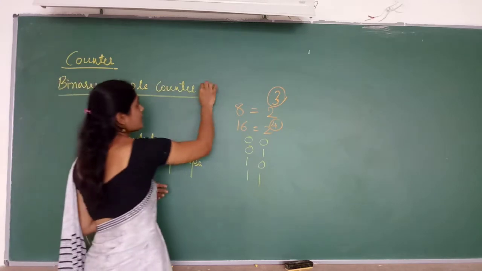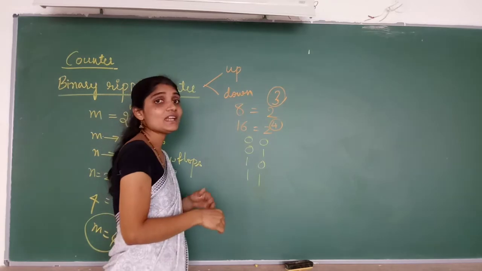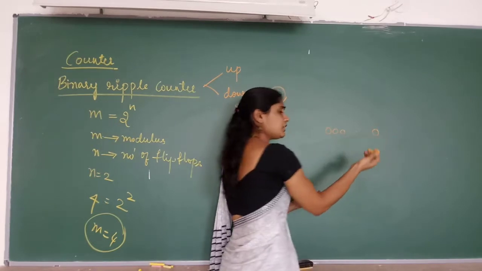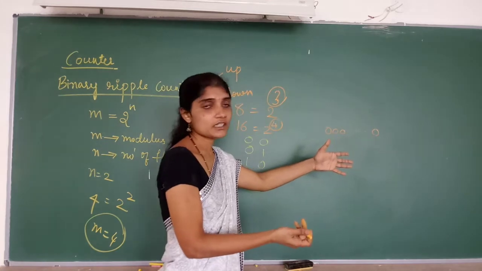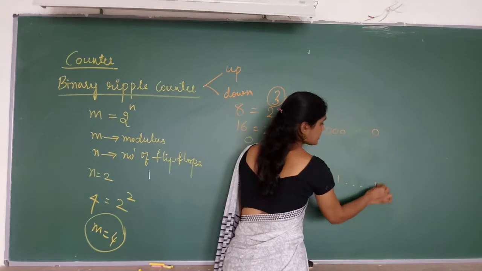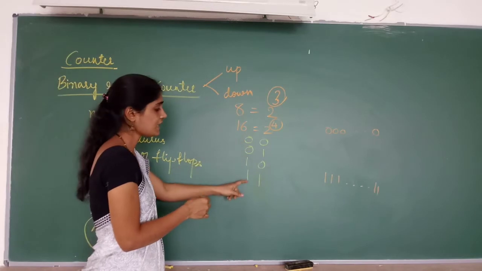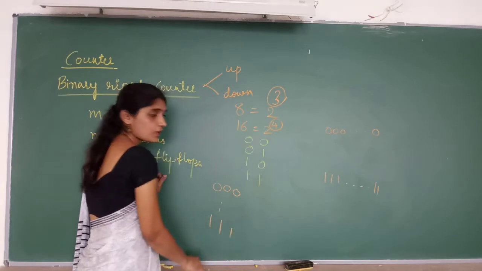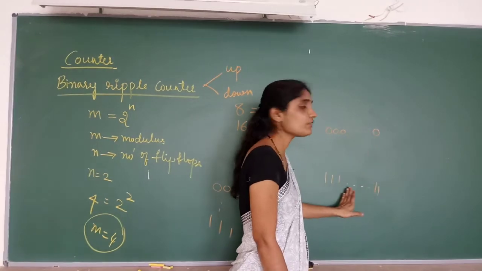In binary counters we have the binary up counter and the binary down counter. The binary up counter counts up, starting from 0 0 0. It can be 2-bit, 3-bit, 4-bit, n-bit, any number of bits. So the binary up counter counts from 0 0 0 to 1 1 1. The last count is 1 1 1 1. If you take 2-bit, the initial count is 0 0 and the last count is 1 1. If you take 3-bit, the initial count is 0 0 0 and the last count is 1 1 1.